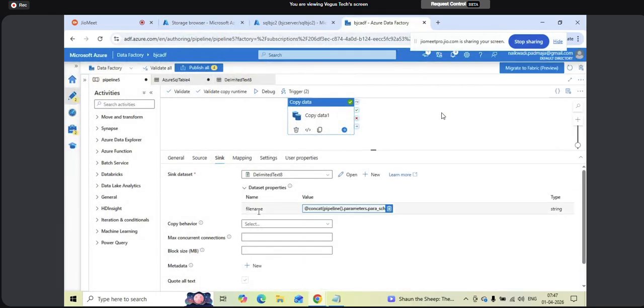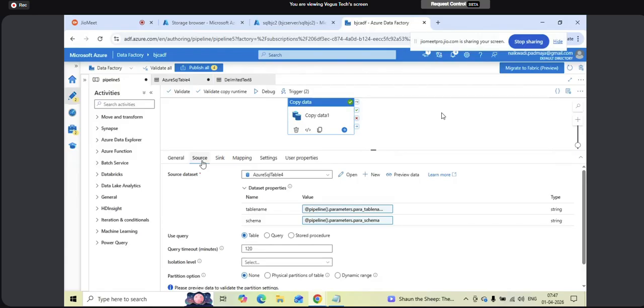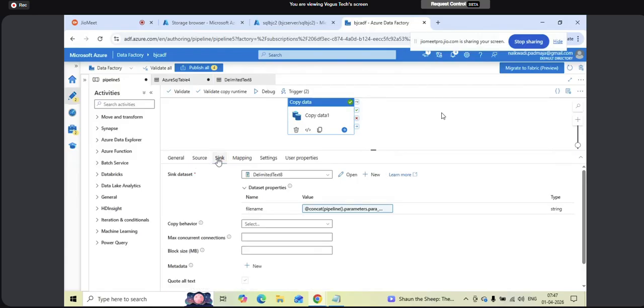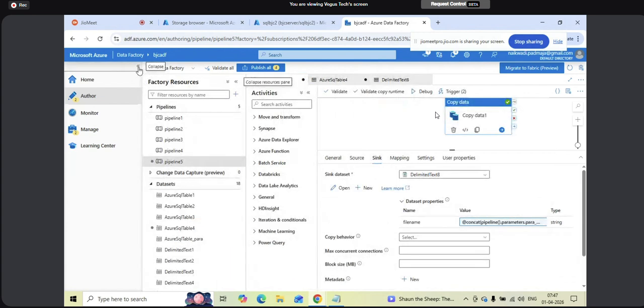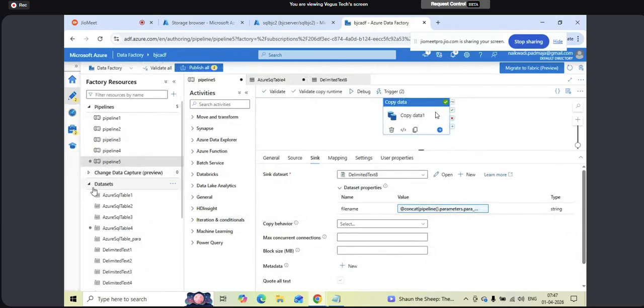we have done this parameterization in the datasets, like source and sink, and we are passing values at runtime. Okay, and now you may ask how can we do this parameterization if we have multiple servers, right? So let us take one linked service. Okay,